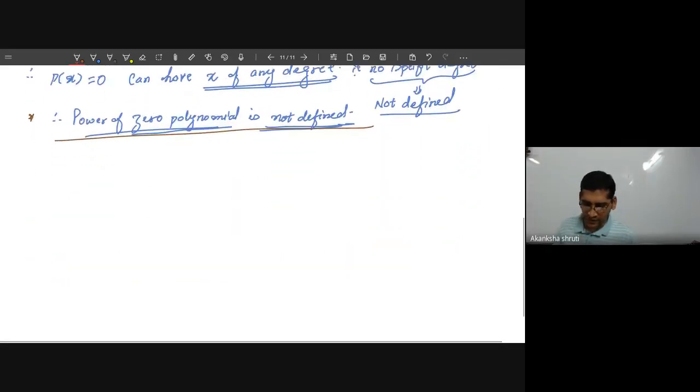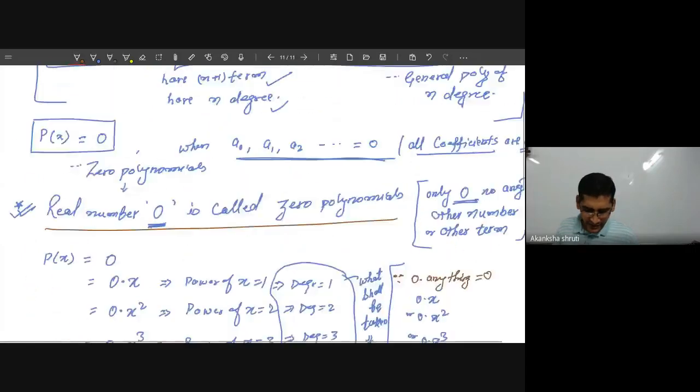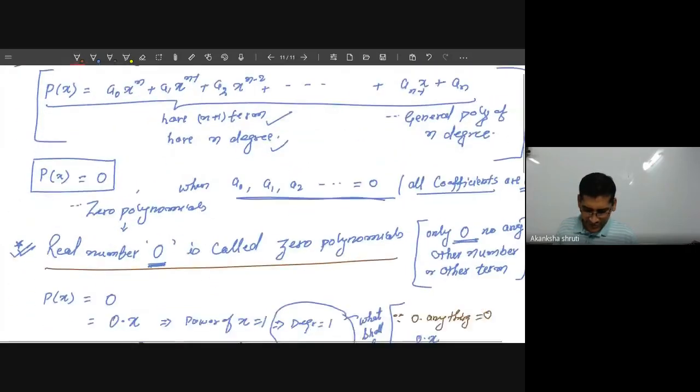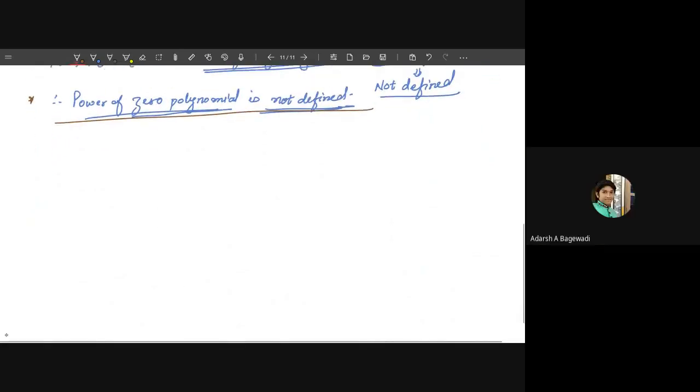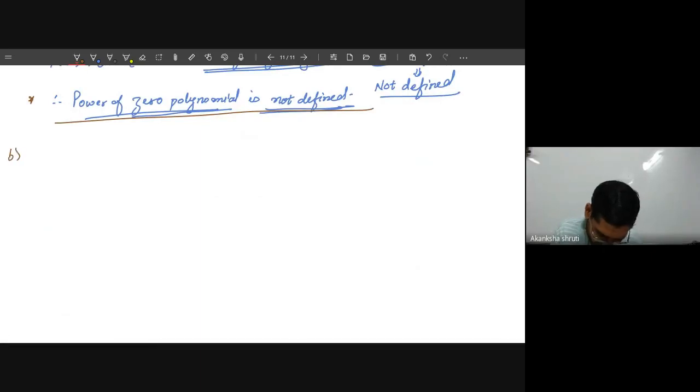It was our zero polynomial. Student, if the polynomial p(x) equals 0, which kind of polynomial is this? You have to say it is the zero polynomial. For the other kind, it is called a real polynomial. After learning the real polynomial, you will get more understanding even about the zero polynomial.